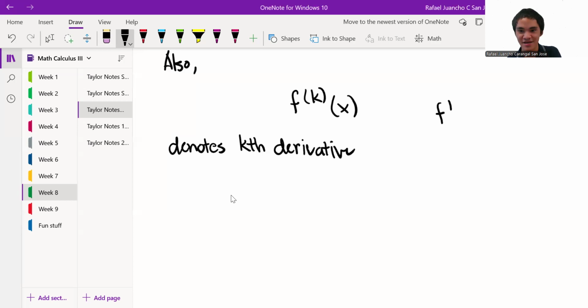We put f prime, and then f double prime. Triple prime, we even do that. But the moment we get to 4, we do the number 4. Or we get to 100, we do 100. Right? So that's the idea. So that's the kth derivative of f